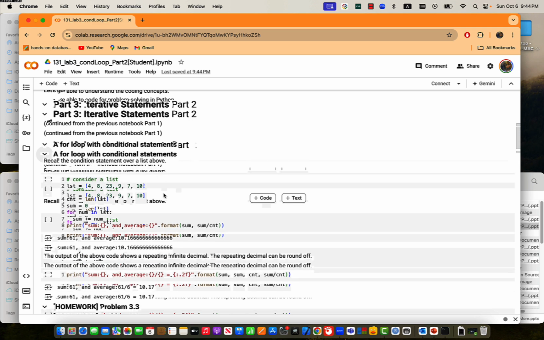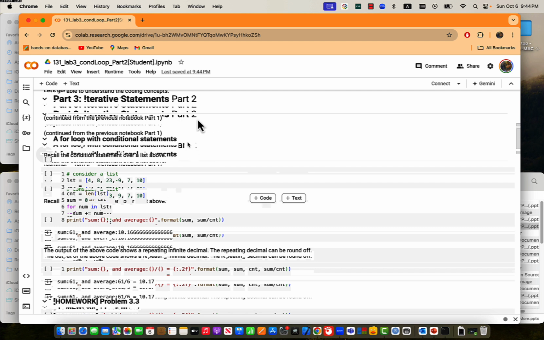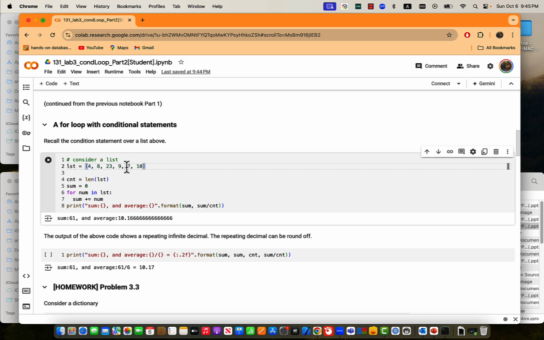I want you to recall the conditional statements and the list from the previous notebook. Say this is a list, okay? What I want to do is add all of the elements in the list. It could be longer or shorter than this list, it doesn't matter. To get the average, we need the sum and the count. Although a list has a count and I believe a mean,